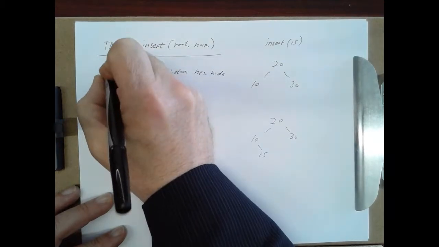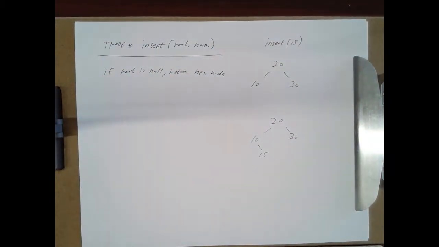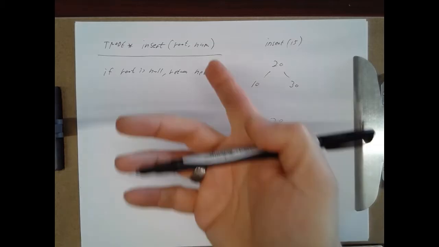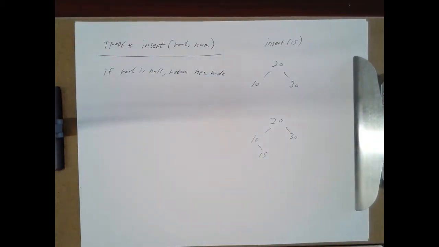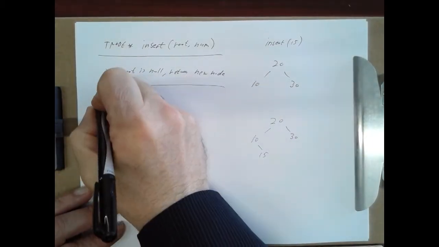So we can make a new node with our data in it. And if the root of our tree is null, we just return this new node. We're going from an empty tree to a tree containing a single node, which is the node containing this number that we're trying to insert. So if the root's null, just make a new node, return it. Otherwise,